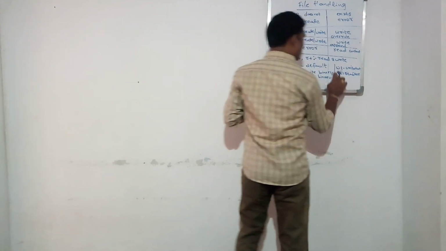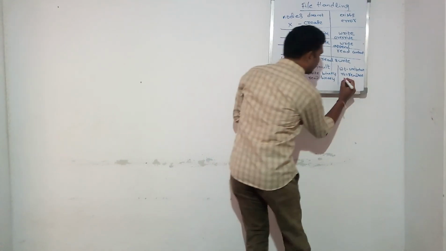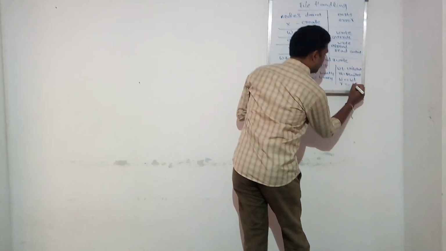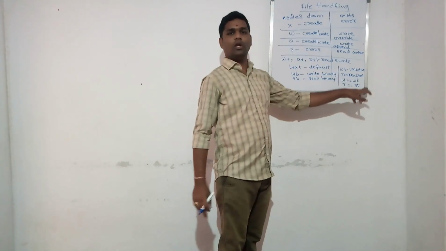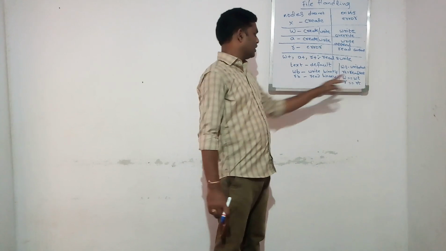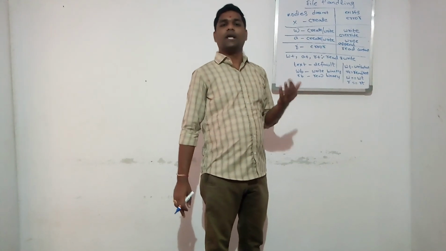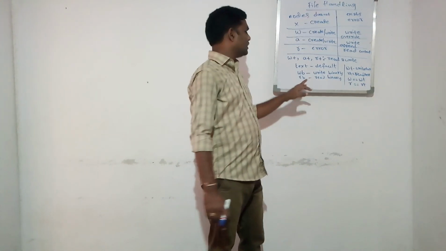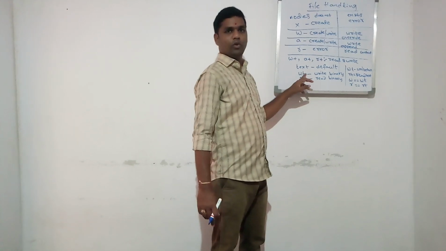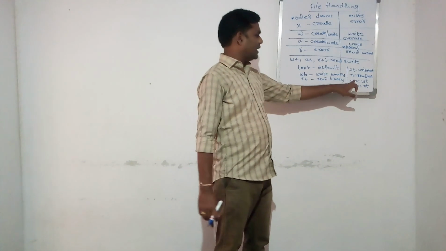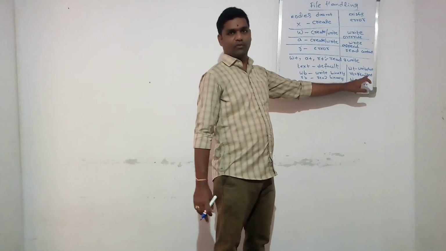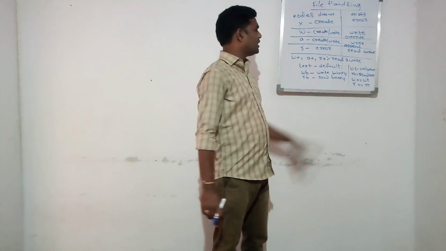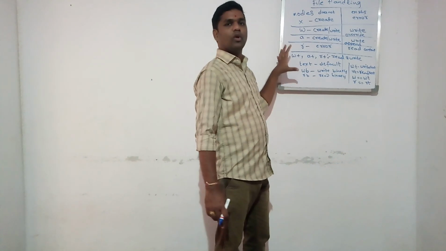Here WT and RT are equivalent to W and R. W is equivalent to WT and R is equivalent to RT, because T is the default in the file format, either text or binary. If you specifically want to read a binary file, then you need to add the extension B. So WB or RB for binary files, and W or WT are both equal for textual files, and R is equal to RT for reading textual files, and W is for writing files. So this is all about the 4 different types of modes.